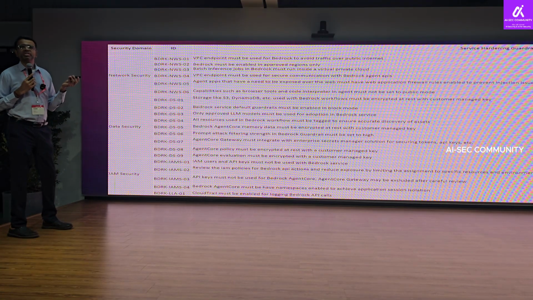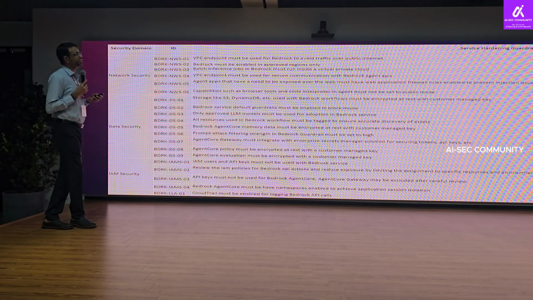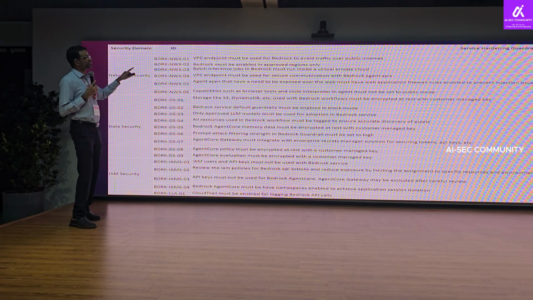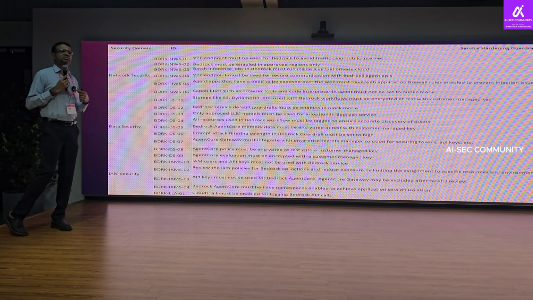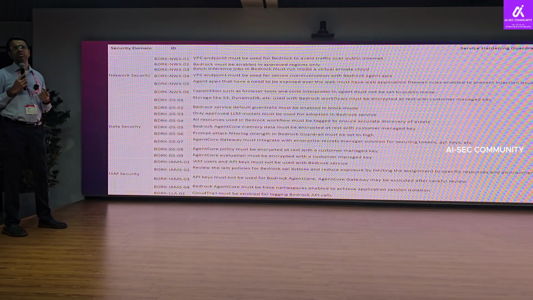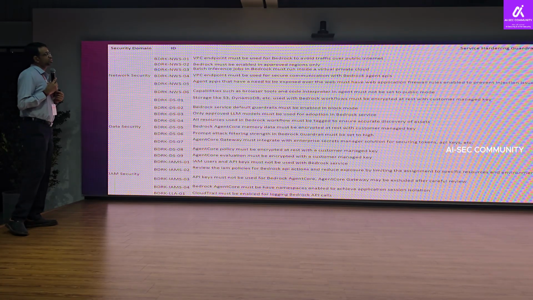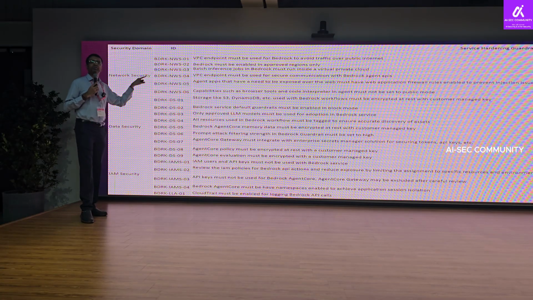You end up provisioning Bedrock in unapproved regions also, where you are not operating. And this is one of the most overlooked baselines, I would say, because in the name of doing POCs, even in a sandbox, if it has no critical confidential data, you are not following the concept of where you are deploying.